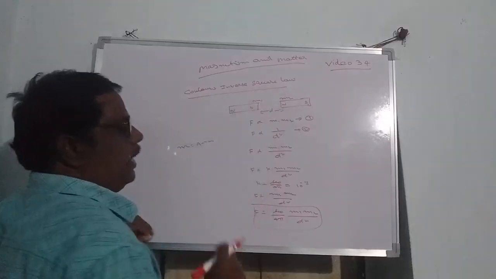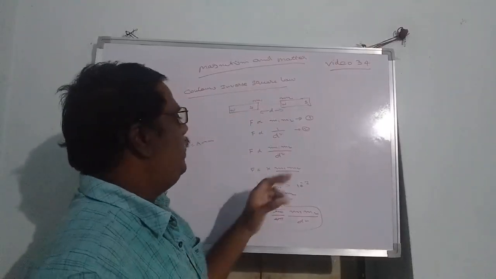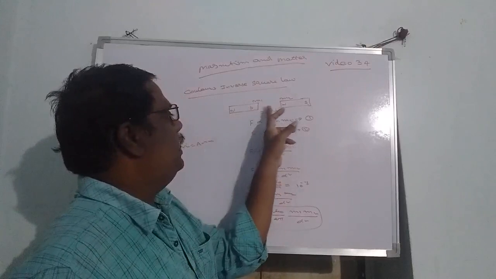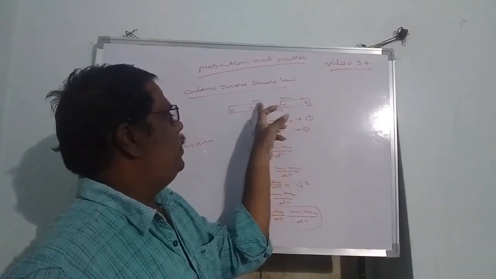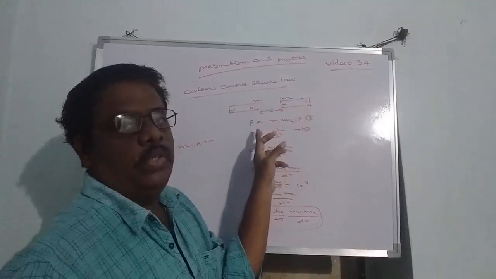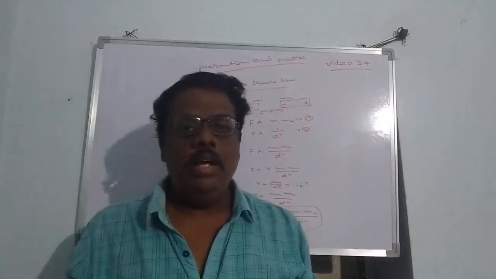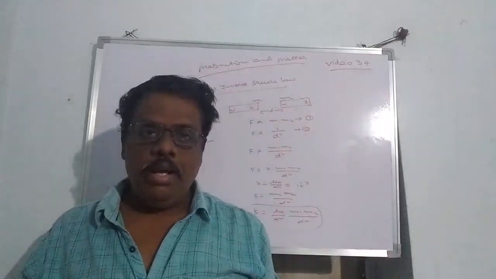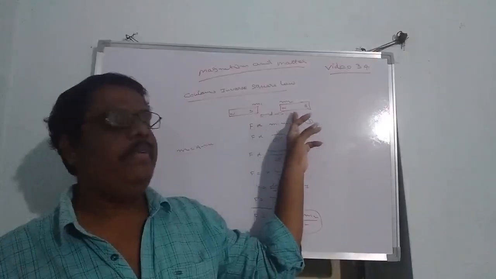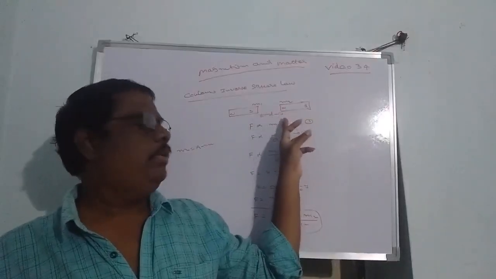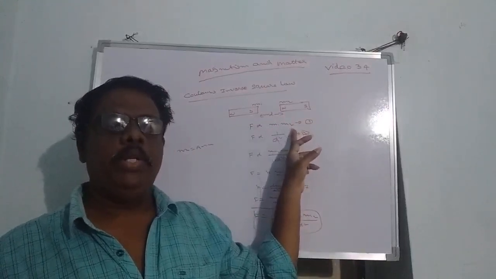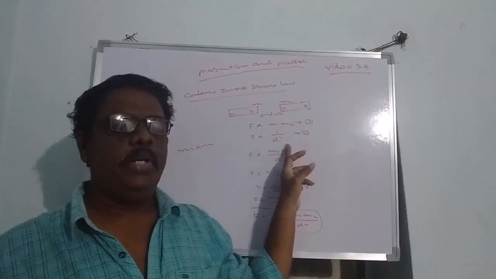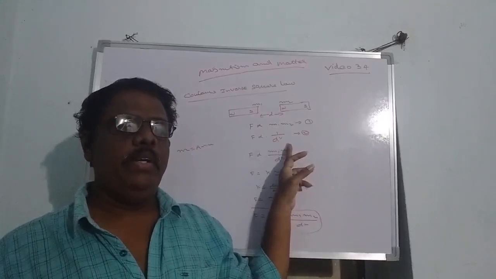Coulomb's inverse square law. Once again, let us say two magnets are separated by a distance d, with positions m1 and m2. From Coulomb's inverse square law, the force of attraction or repulsion between any two magnetic poles is directly proportional to the product of their pole strengths and inversely proportional to the square of the distance between them.